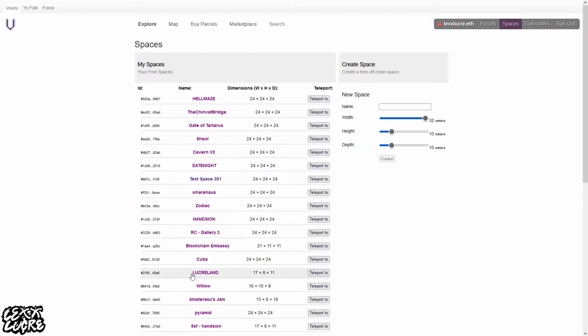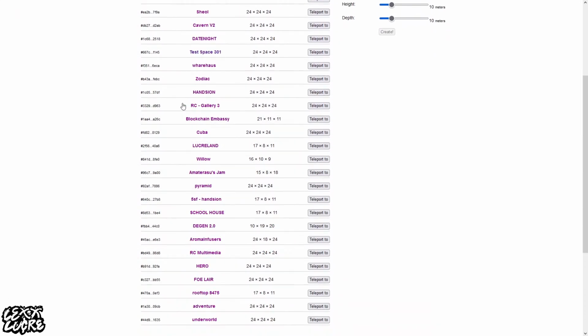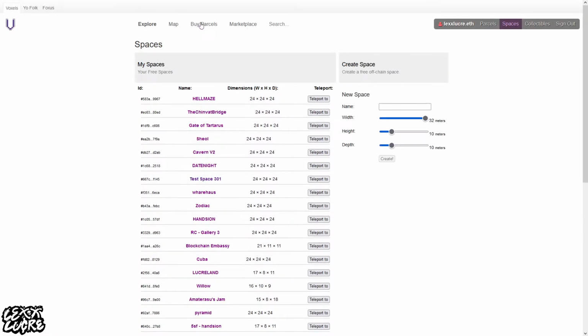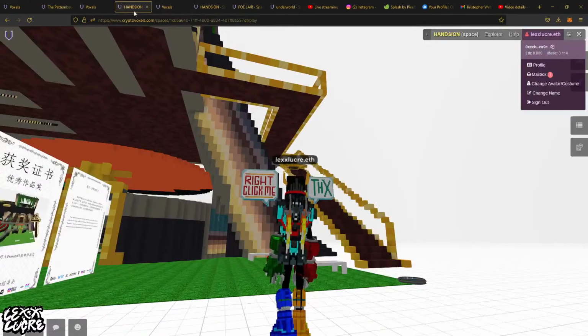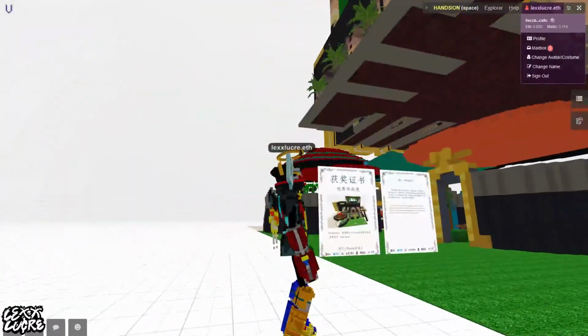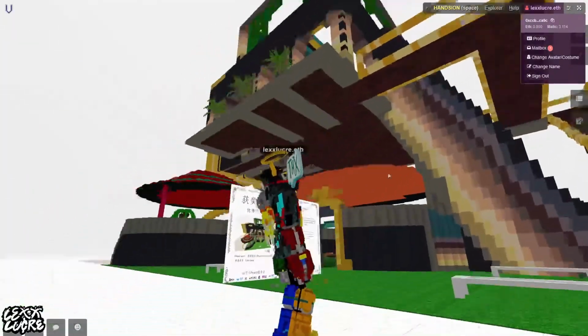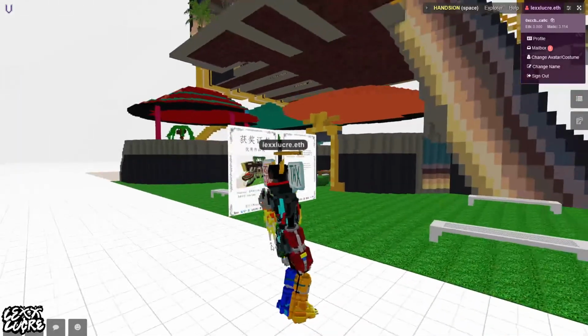And let's see. So yeah, you can see all these different spaces. I've created a whole bunch of different spaces, and we're gonna walk through a couple of them now. This was a build that I created. It's 24 by 24 by 24. This one actually won me